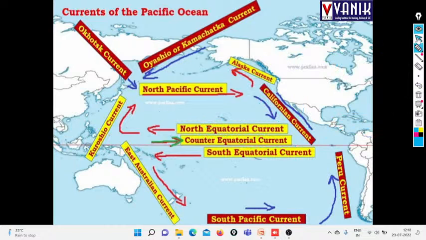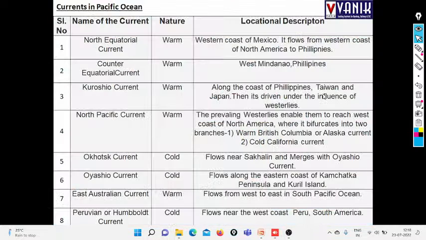Next we'll see the North Pacific current, that is a warm current, and the prevailing westerlies enable it to reach the west coast of North America. Okay. You can see the west coast of North America, that is your British Columbia or Alaska current, and another is your cold California current. That is the North Pacific current. Then again we will see